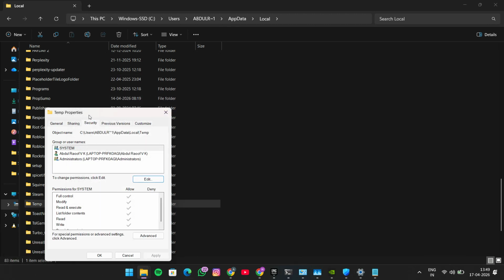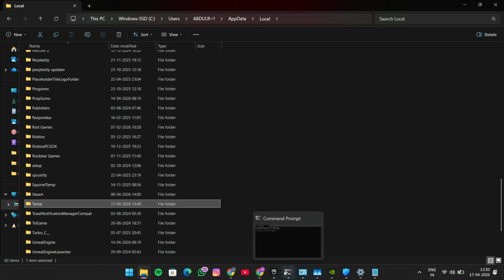Next, we'll reset Windows Installer. Open Command Prompt as an administrator. To do this, type Command Prompt in the Start menu, right-click it, and choose Run as Administrator. In the command window, type